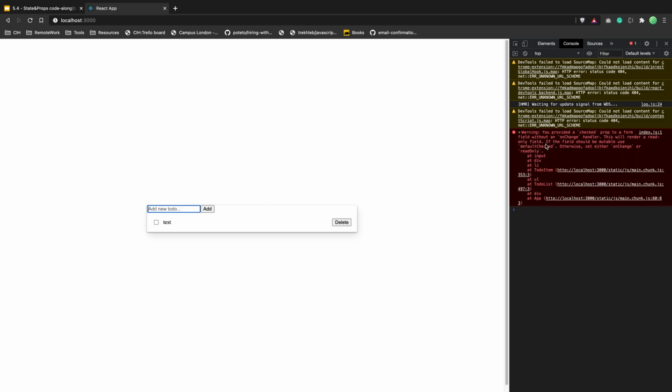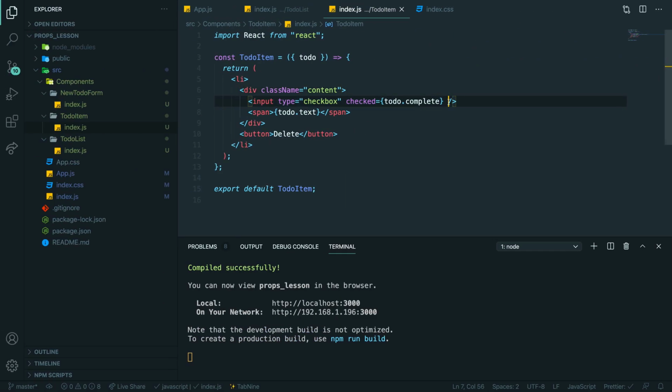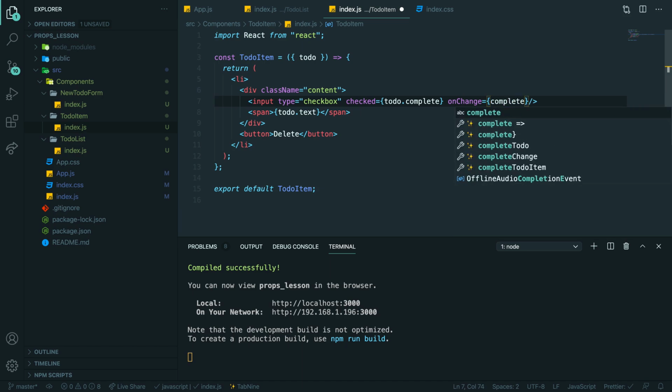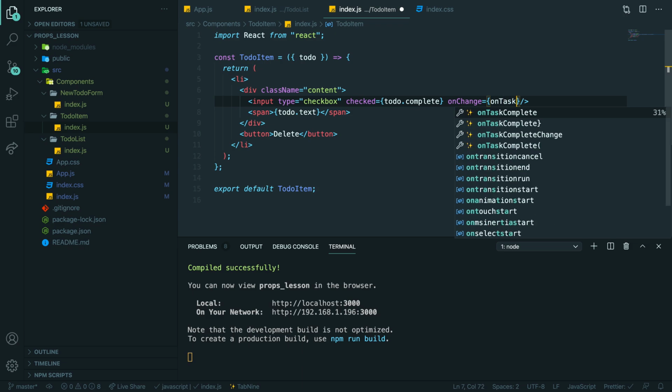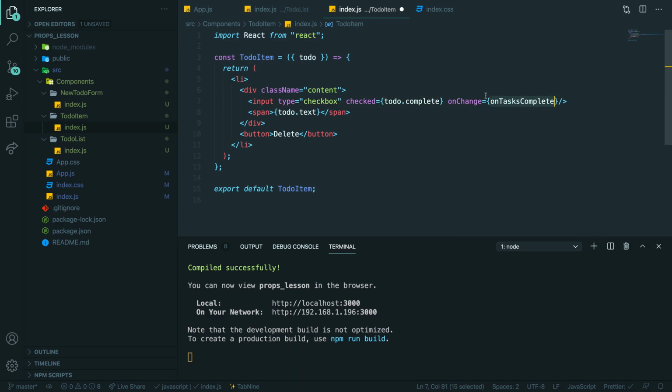Checked prop in the form without onChange handler. Oh yeah, see? So React is actually helping you so you don't make silly mistakes. They're saying that because you're using checked from the props as a dynamic thing in React, you want to have an onChange. So let's listen to React and add onChange, right? And we want to have complete, onTaskComplete. Yeah, that means that we need to have another property that we will receive from the parent,